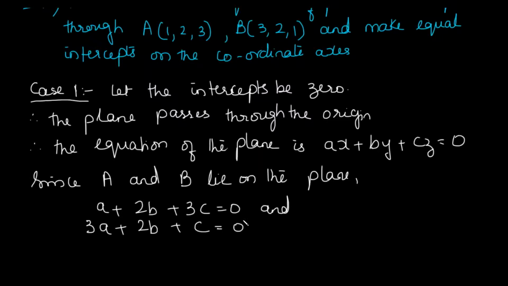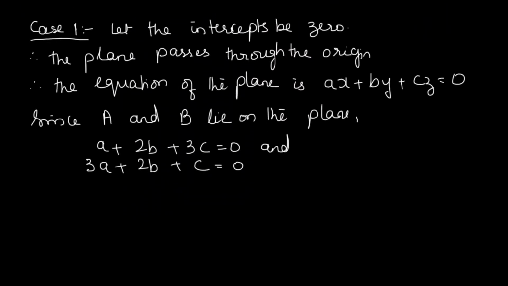So these are two equations which we are getting. Now to solve them further, we don't have a third equation, otherwise we would have used Cramer's rule. So now to solve them further, what we do is that we take equal ratios like this. Since the RHS for both the equations is the same, we can say that these ratios are equal. Which ratios now? A upon, now take the determinant which has the first row as 2 and 3, the coefficients of B and C in the first equation, and the second row would be 2 and 1, the coefficients of B and C as given in the second equation.